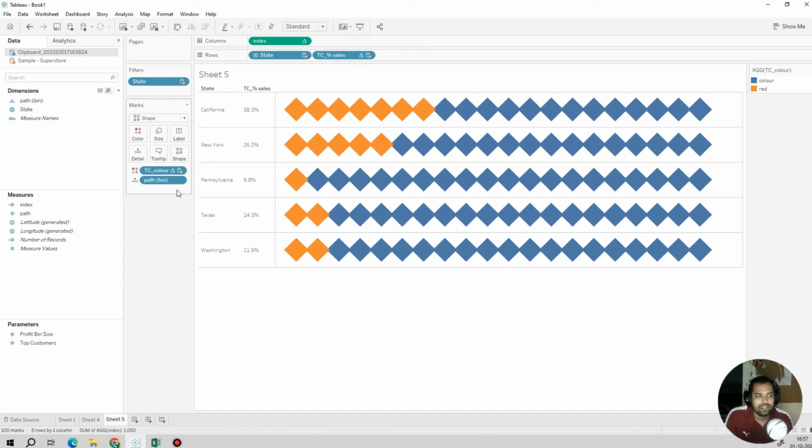All right, so I hope you got this topic and you know how to create the shaped bar chart now. So you can try this with your different data set and